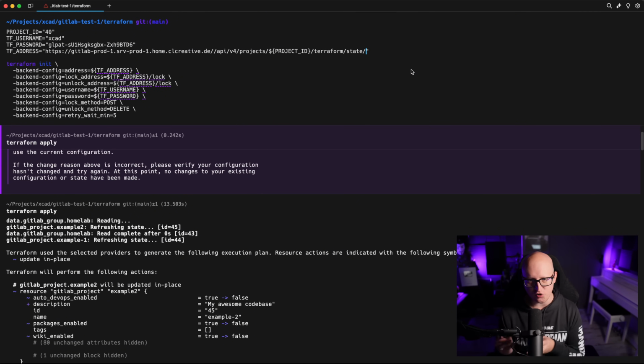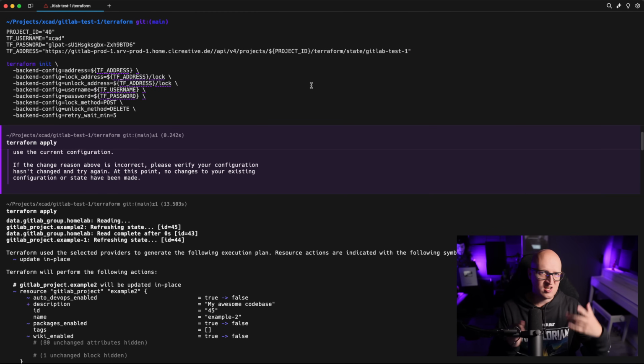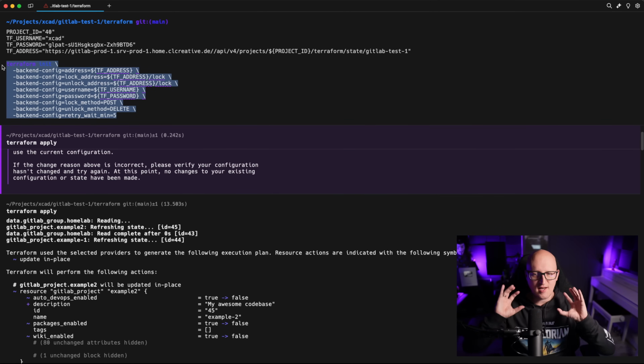I usually change this location to the name of the project. In my case, GitLab test 1, but it's actually up to you. You could even store different tf state files in here for different types of resources, but I think it's better to store it in one state file name. And yeah, so this is a command to initialize a fresh new project where you haven't really applied any resources